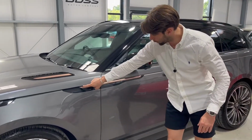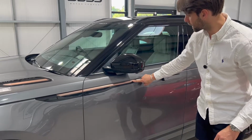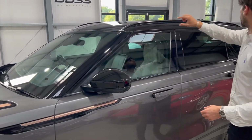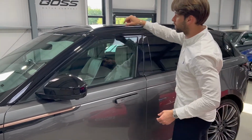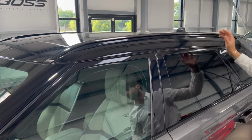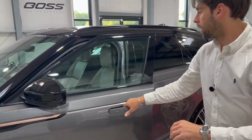As we saw before, the copper pack running through the tops of the side fenders here, and then obviously the black pack running through the mirrors, A-pillars. The whole roof is black, and then this car's got really nice extended roof rails as well, also finished in a lovely gloss black. Now, I'm going to show you the inside of the car,